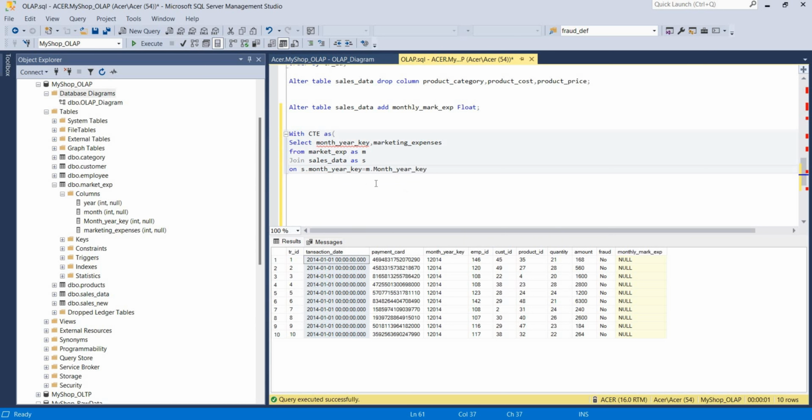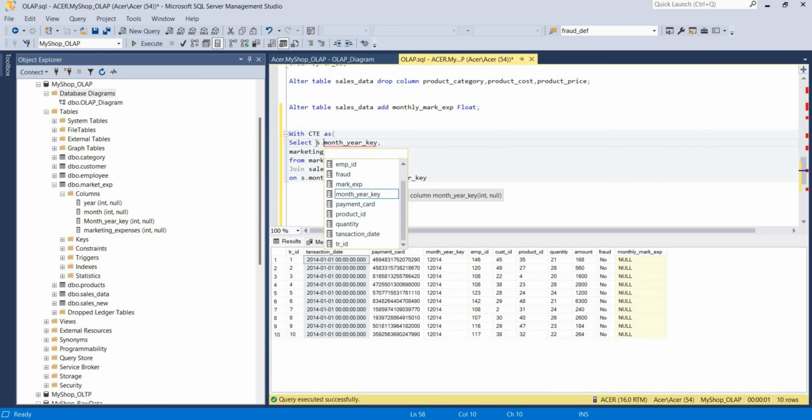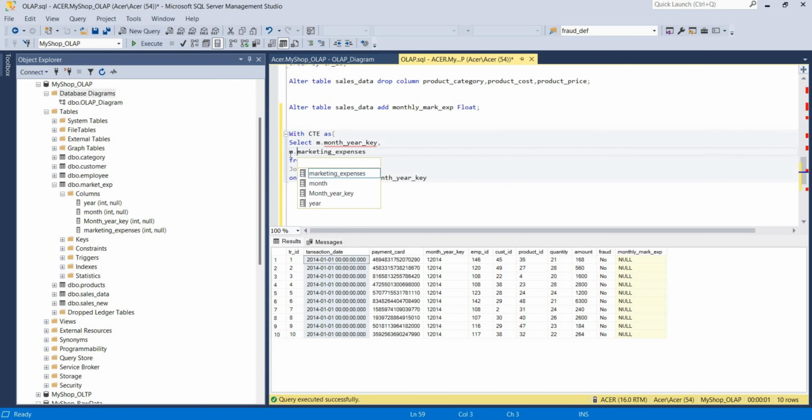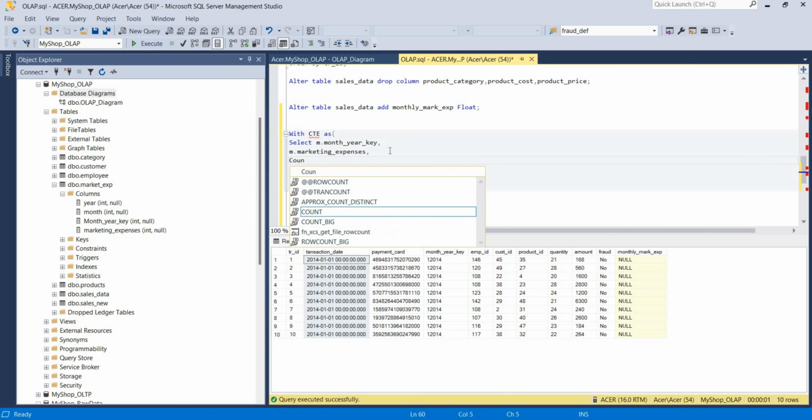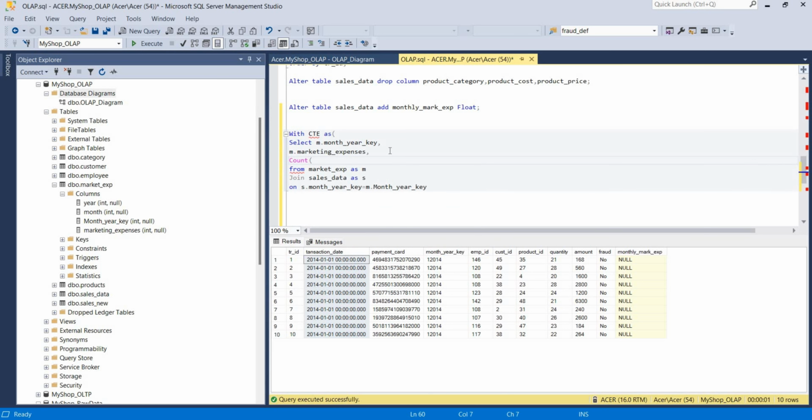Then from this sales data table, I want to get the total quantity. So let me write M dot again, and I'm going to get the total count. So count, let me write S dot month year key,